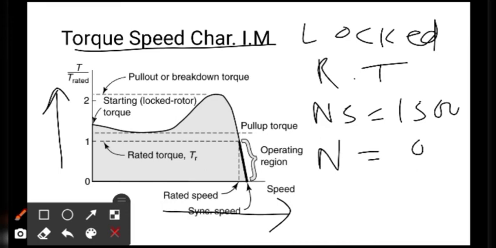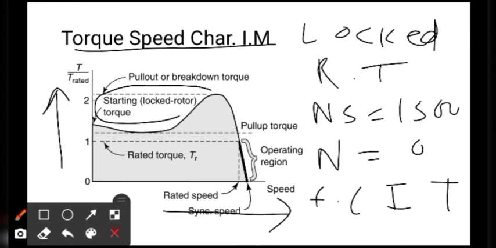When the rotor conductor is stationary, flux cutting is done by the rotor conductor and current starts flowing through the rotor conductor, then it produces the torque. The rotor torque is not sufficient and it will not drive the rotor. Therefore, it is called a locked rotor torque. The torque is present inside the rotor conductor, but it is not sufficient to drive the rotor of the induction motor. Therefore, the value of a locked rotor torque is 1.5 times full load torque.